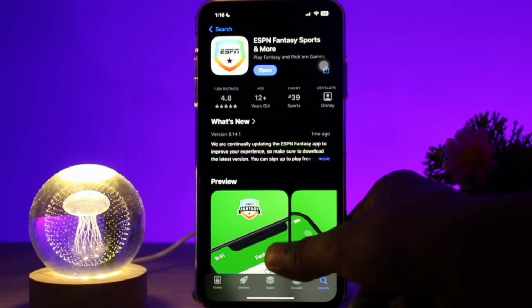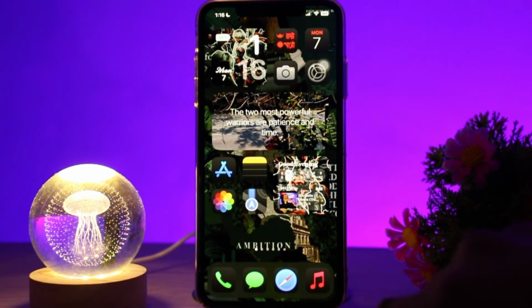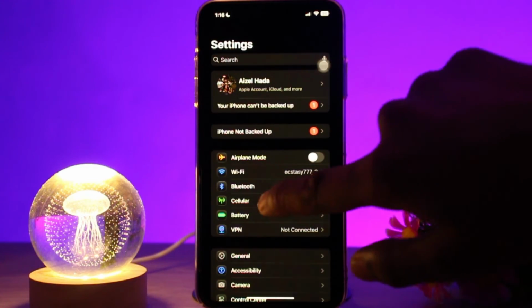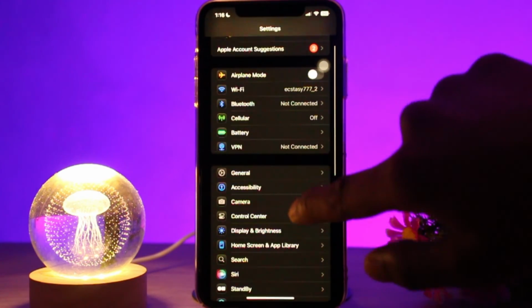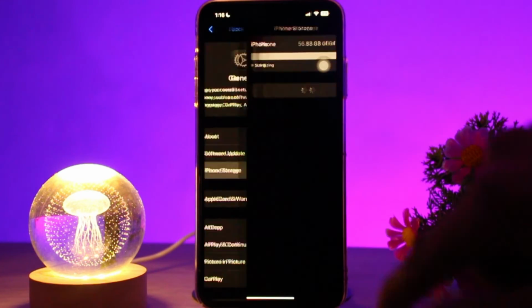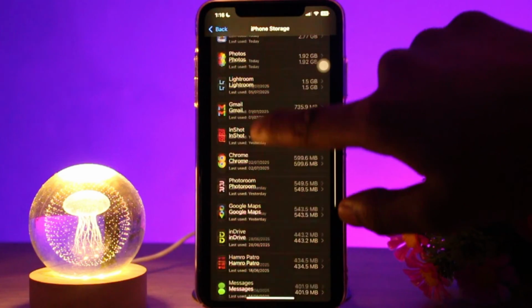But for some reason, if that still doesn't fix the issue, then what you can do is head back to your home screen. Then what you need to do is tap on Settings. Now once you're inside your settings, scroll down and then tap on General. Now inside General, tap on iPhone Storage. Now once you're inside iPhone Storage, locate the ESPN Fantasy app and then